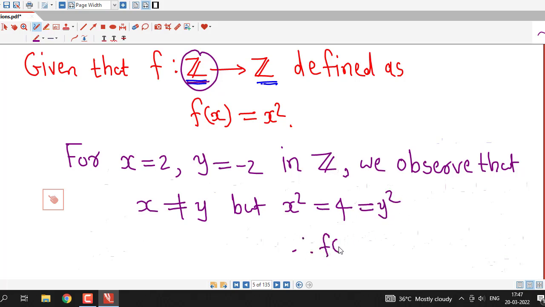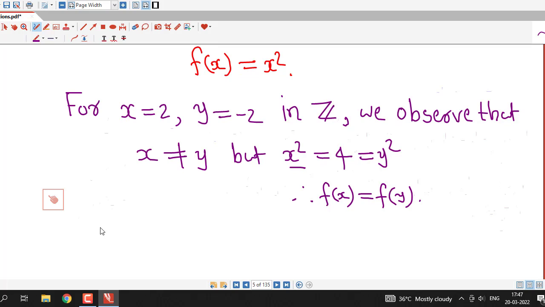Therefore f(x) which is equal to x square and f(y) which is equal to y square, but f(x) and f(y) are equal. Okay, so thus what we have obtained, x is not equal to y but